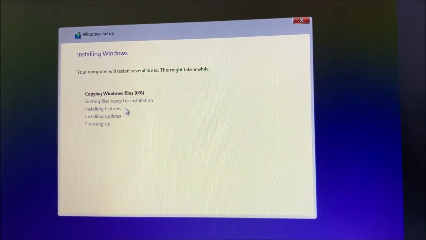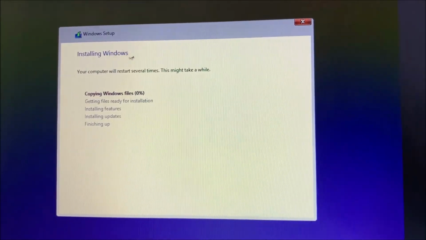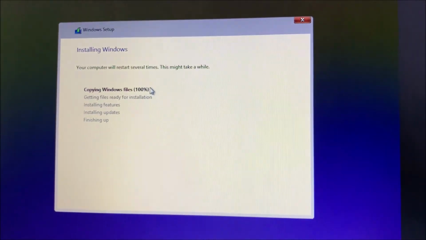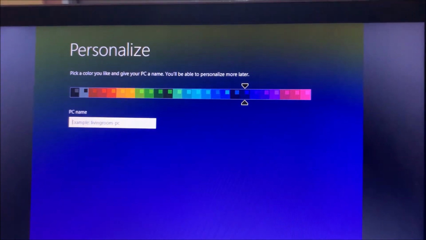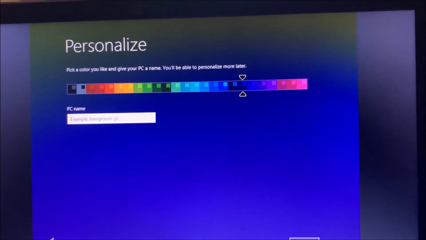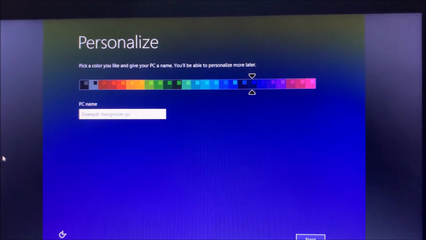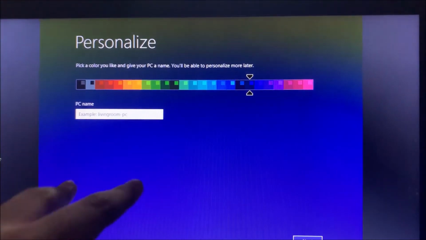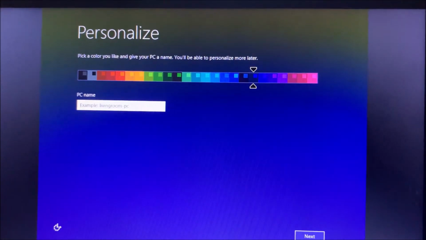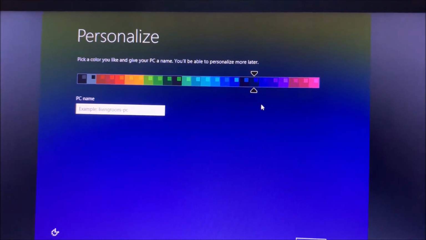Now Windows will be installed on the hard drive. After installation, the machine will reboot several times, and after rebooting you will get this personalize screen. Here you can select any color you want.